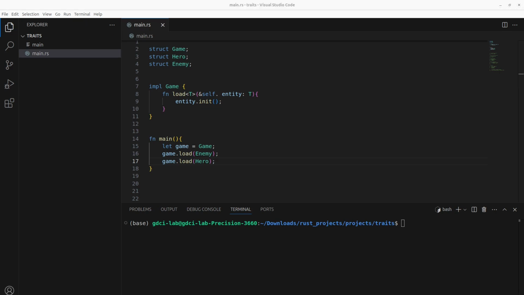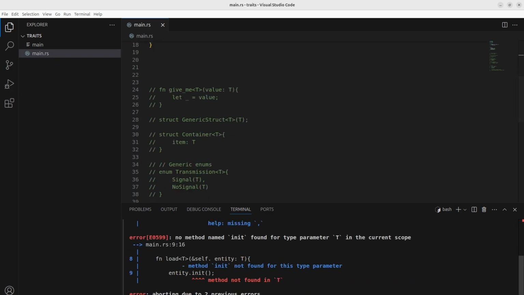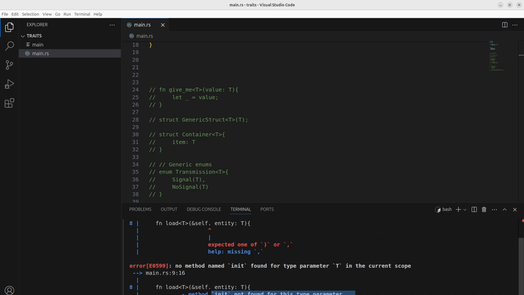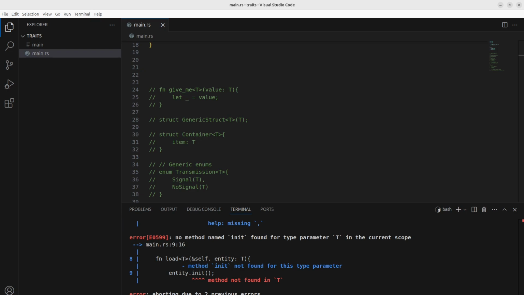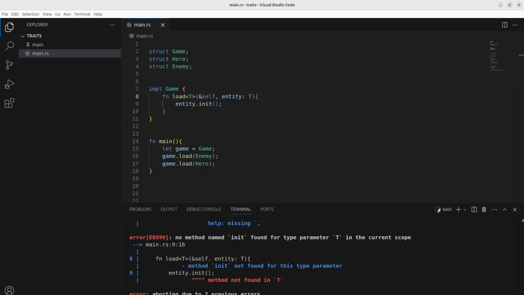So what do we expect here? Okay, I expect problems here, but let's run and see. Rust main.rs, and this makes sense. We are saying that it expected closing brackets. Okay, this was a comma, I got that, but that's not the reason why. My concern is about this method not found in T, the init not found for this type parameter. So meaning that the method is not found, and that means the load function or method in our code cannot know or cannot assume by default the init method exists on